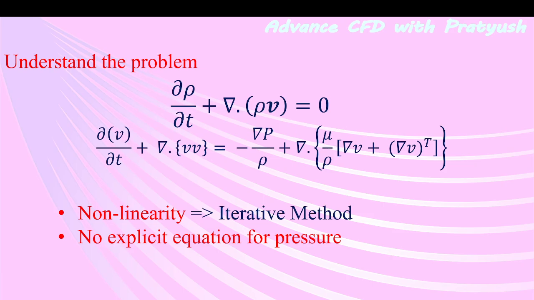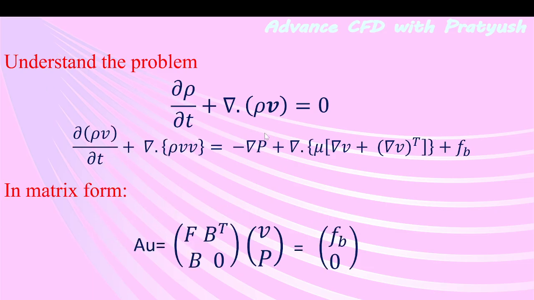Now let's understand by taking these two problems in matrix form. So we can write these two equations into the matrix form. If you see here, V means three components of the velocity, P means pressure. So if we see these two equations, the first equation and second equation, we can write them in matrix form, that is A into U equal to F_P by F_P and 0. So if you see,